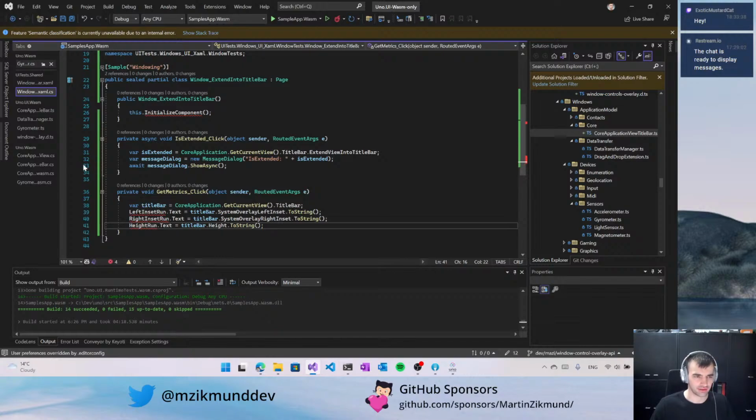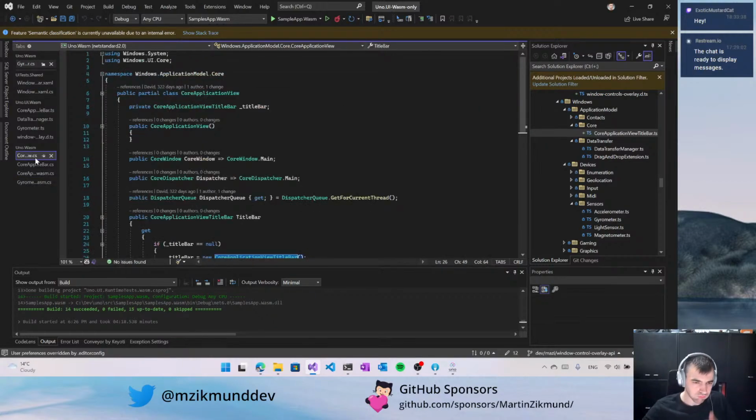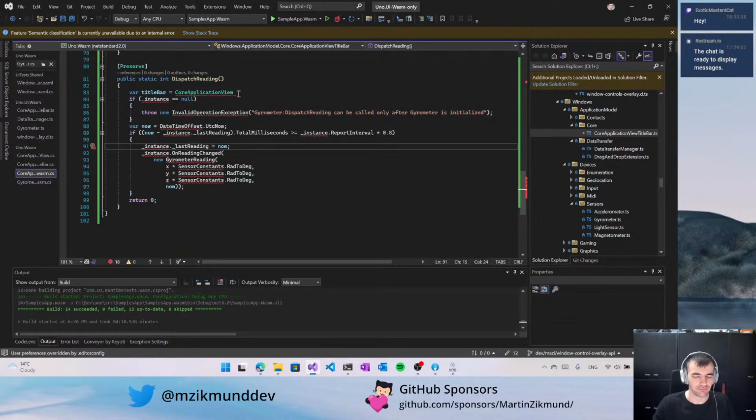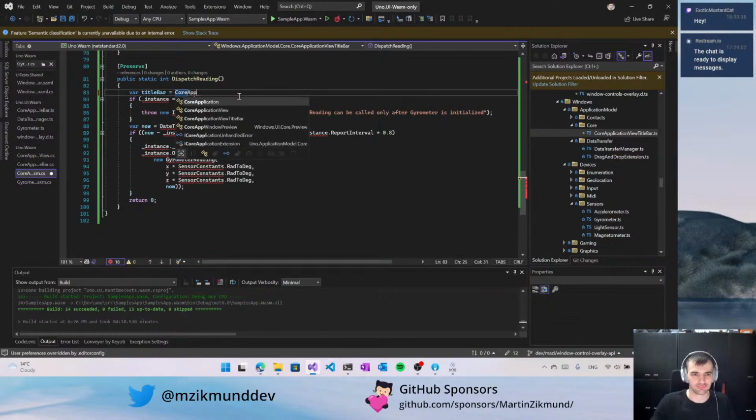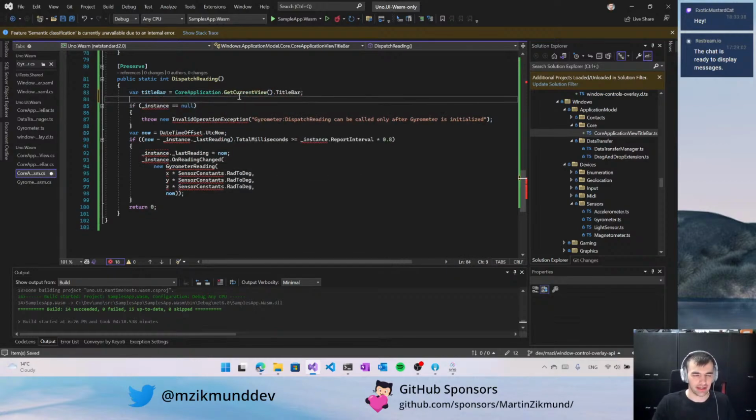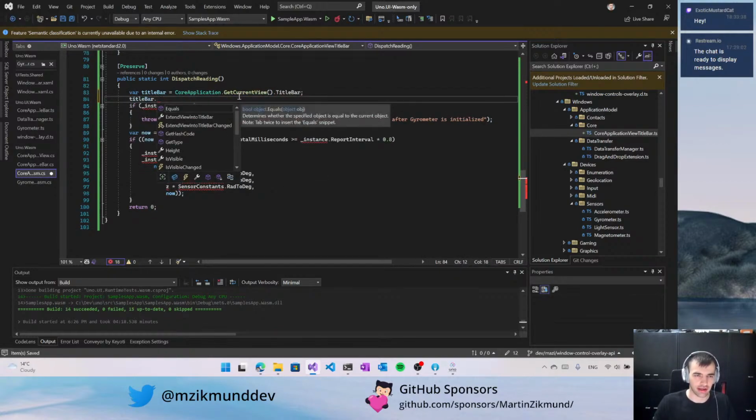Forgot how the API was called. And it got frozen. Let's wait for it. Alright. So core application, get current view, title bar, and now we have the instance on which we will have